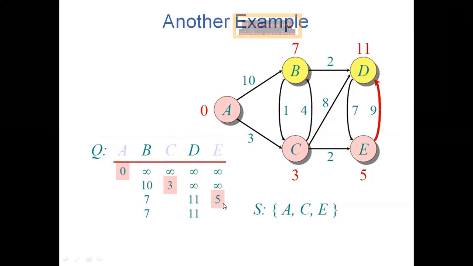Now see, vertex E is selected. Already to B, it is 7. To D, it is 11. Now from vertex E,